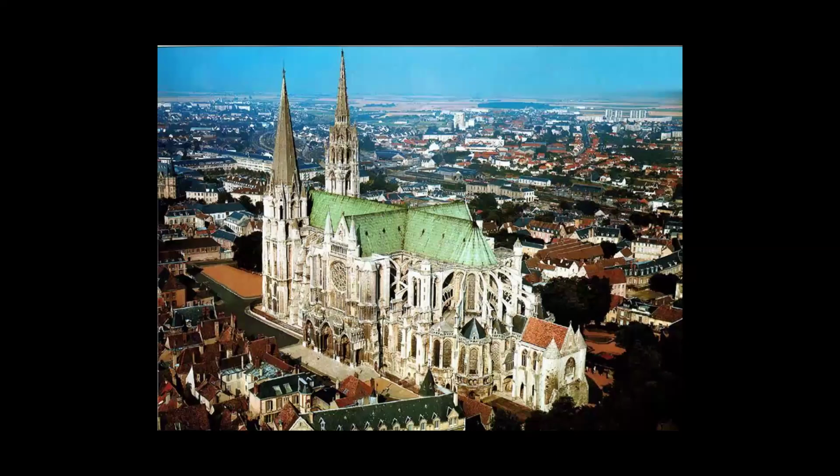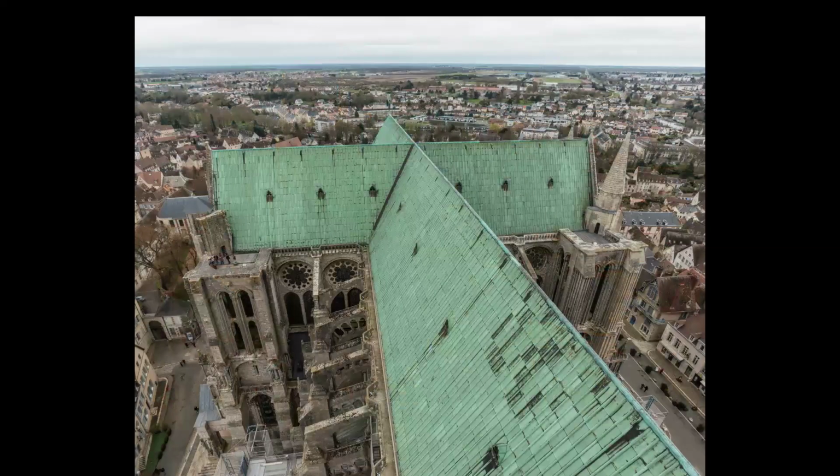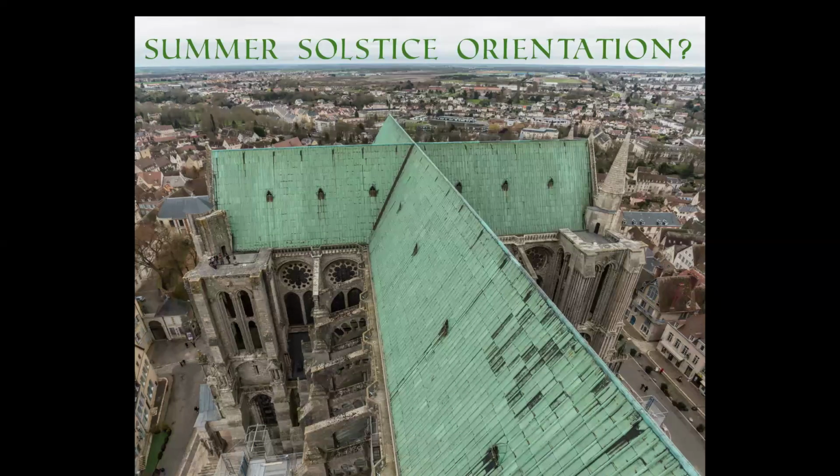Now take a close-up look at that roof, because you can see that line of the roof, which is running eastwards, as churches do. It's long been suggested that it has a summer solstice orientation, because in fact the orientation of Chartres is very far northwards. It's facing towards the eastern side of the sky, as churches do, as opposed to the western side of the sky, but it's very northeast.